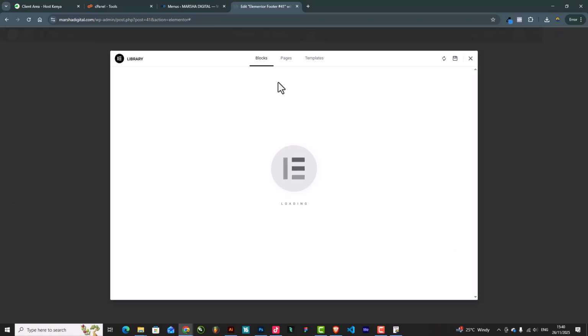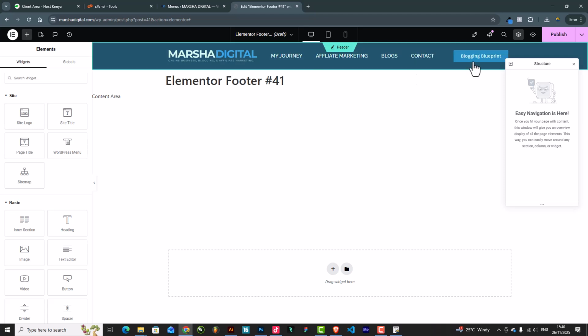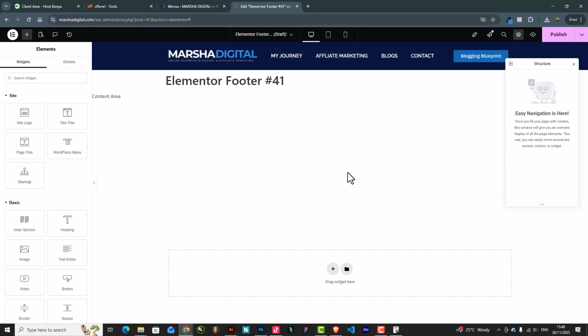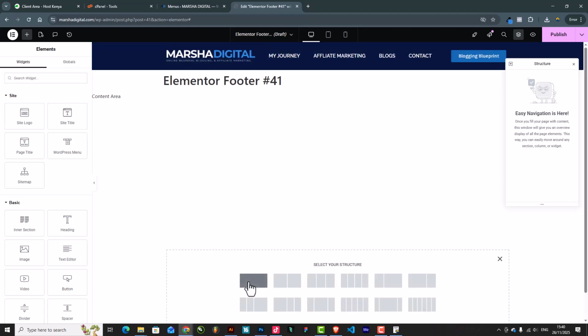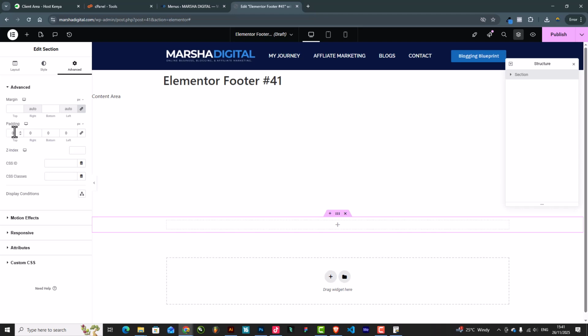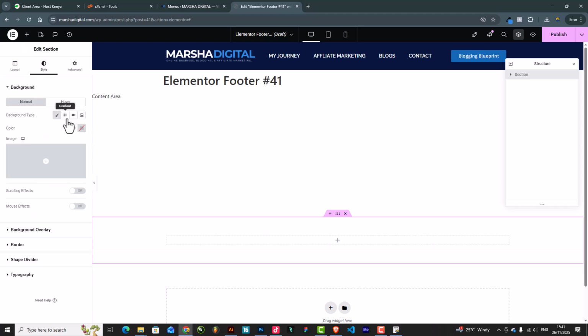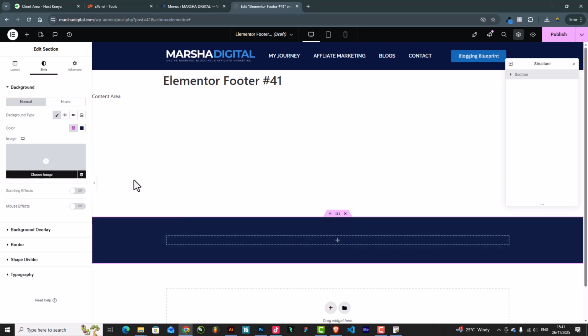And by default, as I said, Elementor gives you templates. So for us, we are not going to use the template, so we'll close this. So you can see our header is already appearing very well and very nice. I love it. So let's create the footer. So I'm going to have this section. I'm going to advance. I'm going to give it some top padding of 50. I'll first unlink the paddings, okay? Then bottom 50. Then I'm going to give it the same background like our header, which is our primary color,